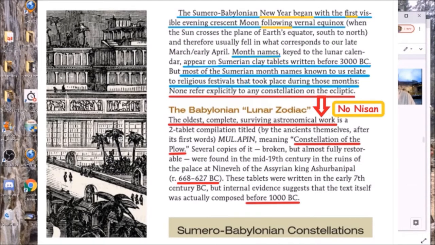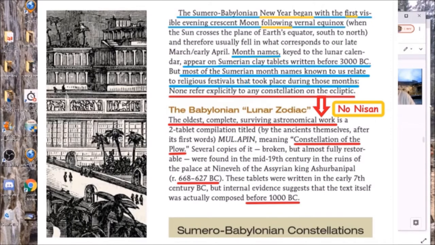And so the month names appear on Sumerian clay tablets written before 3000 BCE or BC. But most of the Sumerian month names known to us relate to religious festivals that took place during those months. As I highlight in red here, none refer explicitly to any constellation on the ecliptic. So notice this is the Babylonian calendar. It's different from their zodiac. And in ancient times, it was a lunar zodiac. But notice there's no Nisan in here. As I continue down here in